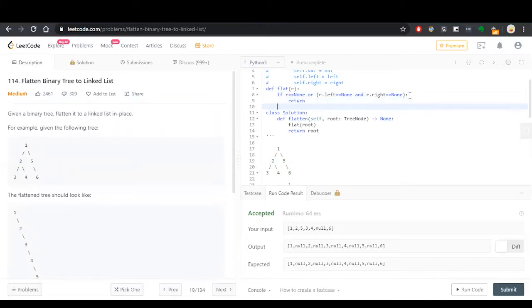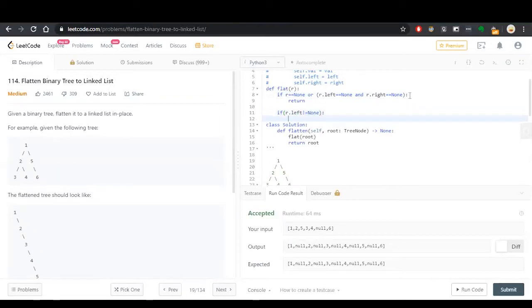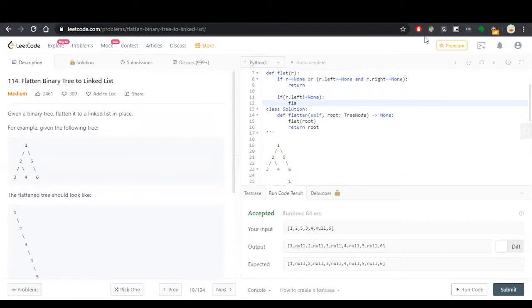If this is not the case, we will check if root dot left is not equal to none. In this case, we will call the function itself recursively, as I told you earlier, that we will traverse the left subtree until it reaches null.